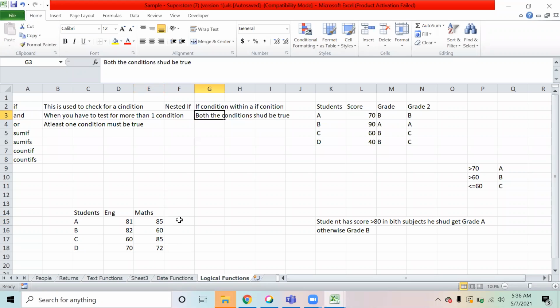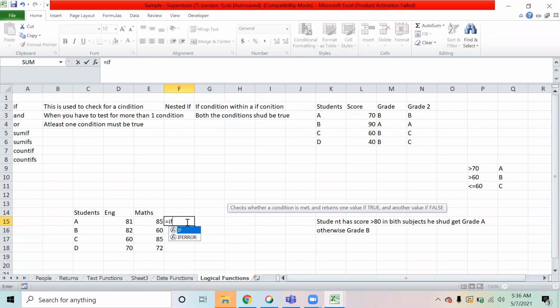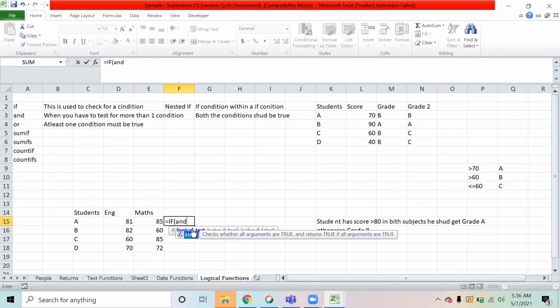So now what I will do is use AND. AND and OR are two formulas that we will always use with the IF condition only. I will say equal to IF. Now in this logical test, I have to test two conditions. Now I will say AND. You can give two conditions inside it: first condition, comma, second condition.